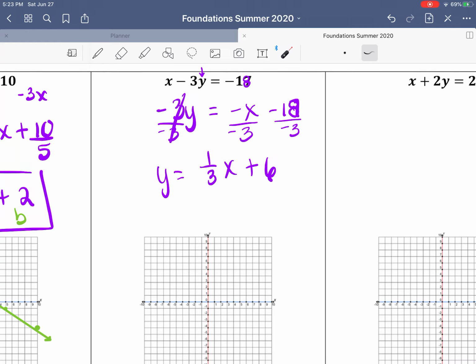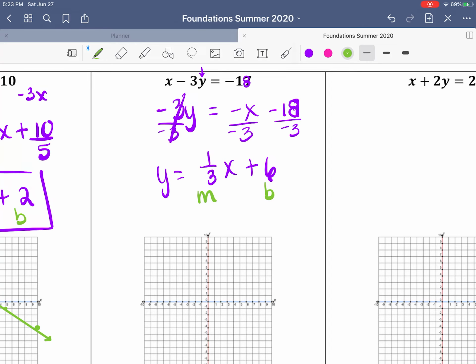If you're using a calculator, it's fine, but that's why I changed that. And then here I got a third because negative over negative makes a positive, and then this will be a 1 right there, so that's where I got the 1/3. And then this divides to 6. So that gives us